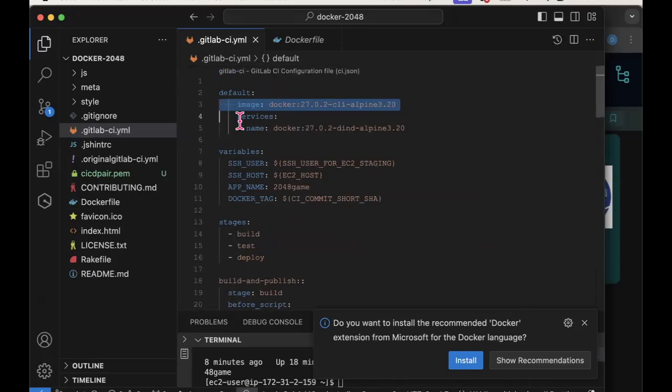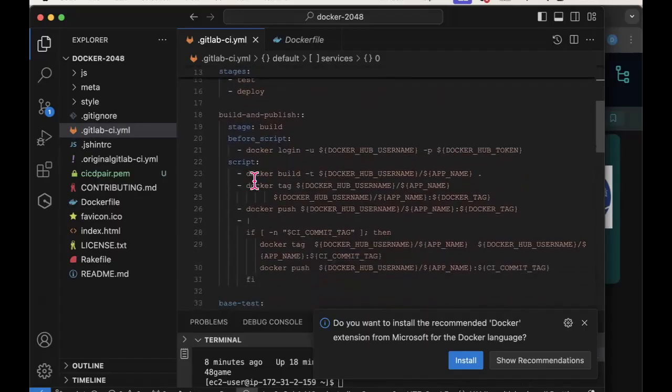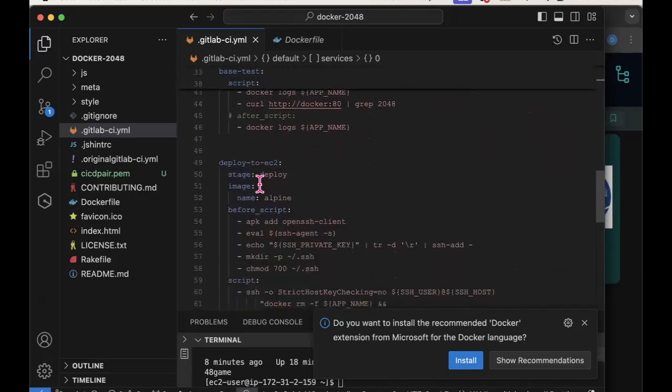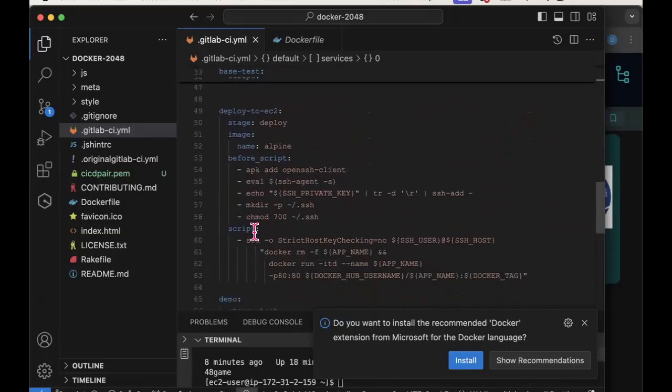Also what you can define is the default services for your jobs. And in most of my jobs, I need the Docker service so that I have a Docker daemon available to me, because most of my jobs are actually submitting Docker commands within the job script itself. Now, admittedly, this one down here isn't. I'm not doing any Docker commands here, so I don't really need that service, but